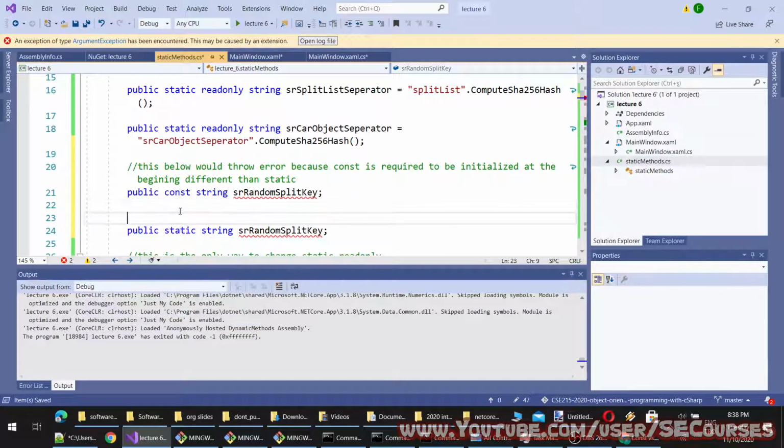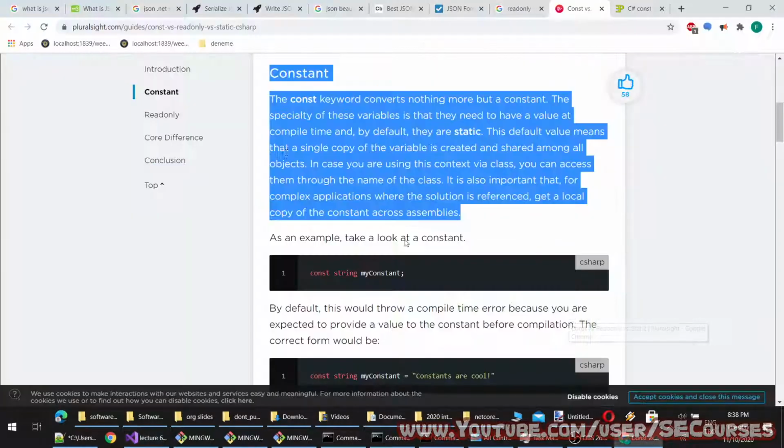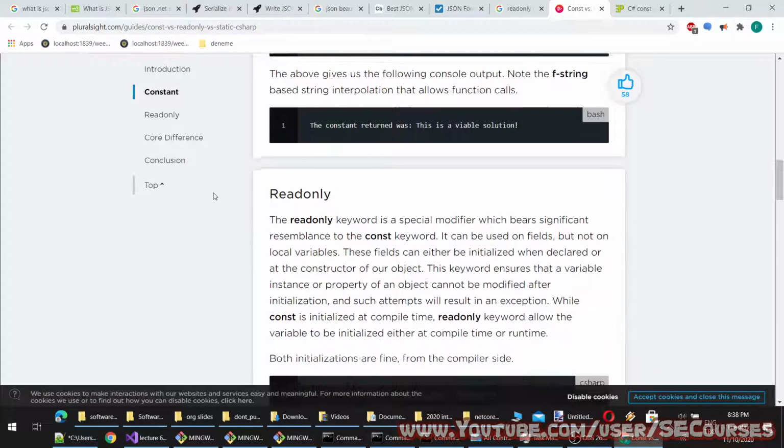This below one would work. I'm going to comment them. Okay, so this is the difference of constant and static.